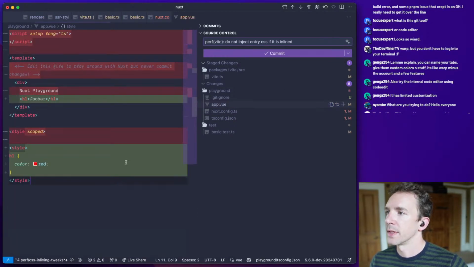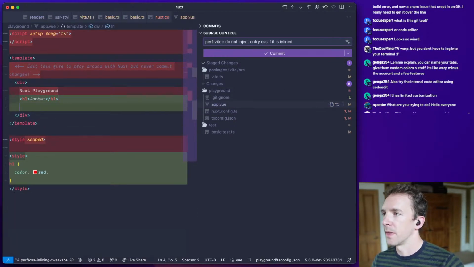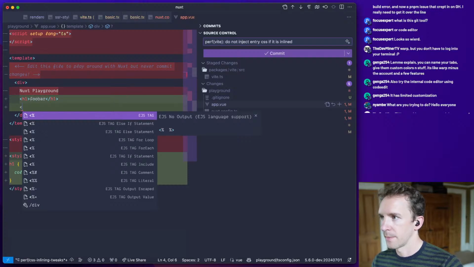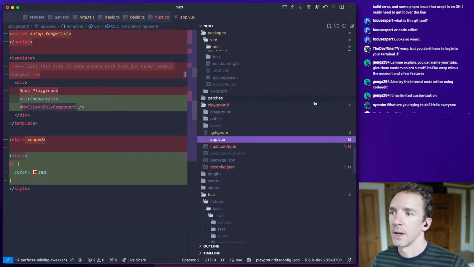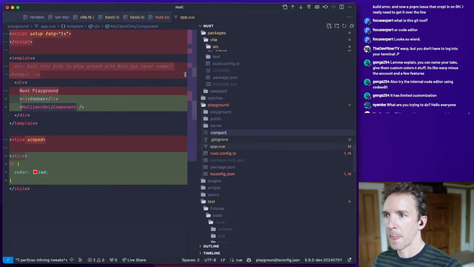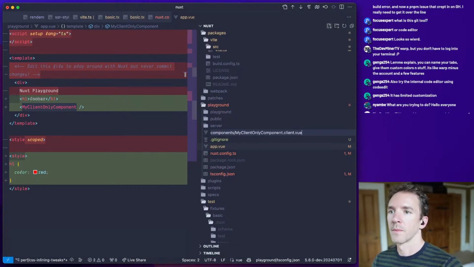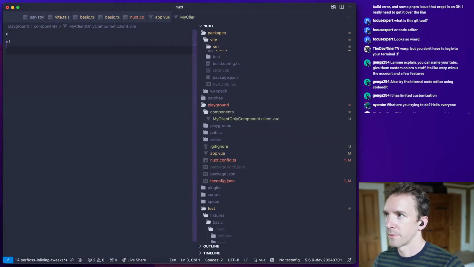So if we had this file here and then we had maybe another component like my client-only component, we need to make sure that this is loaded, right? So my client-only component is going to be, and it's going to have